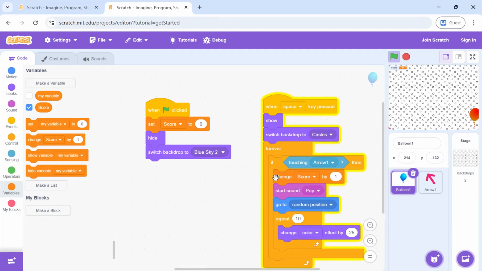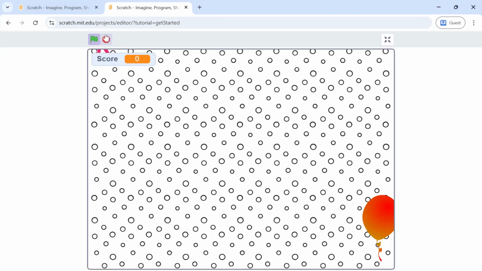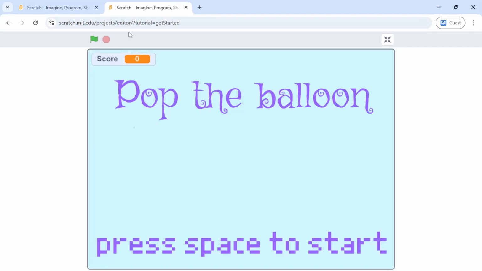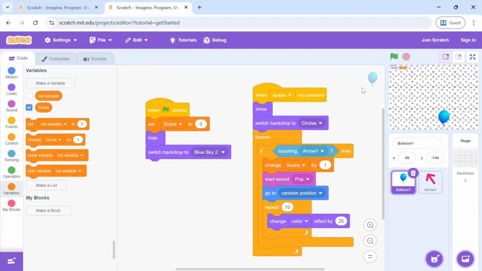So I'll add it here, and let's test it for the final time. Perfect. So that's how you make a balloon pop game. In this, we have learned about if, which is a new block today that we learned, and touching a sprite, which is from sensing.